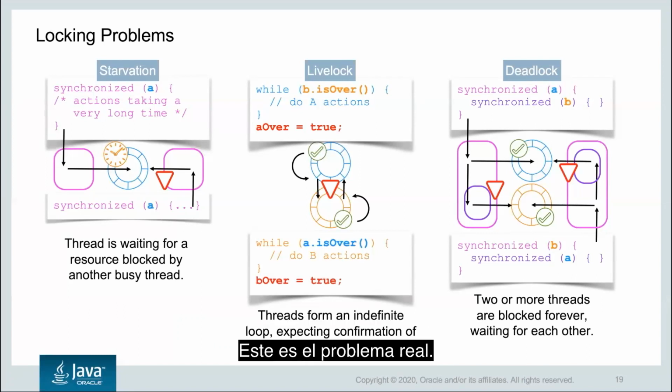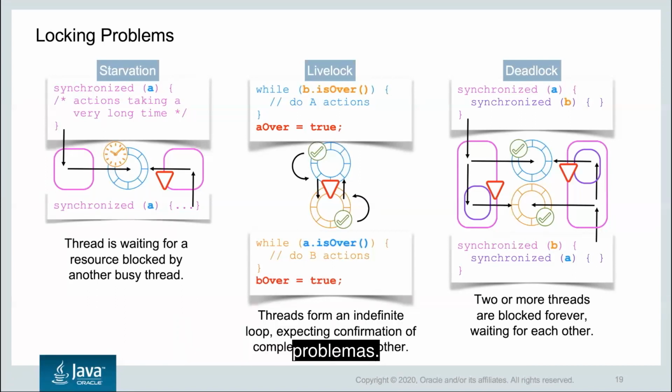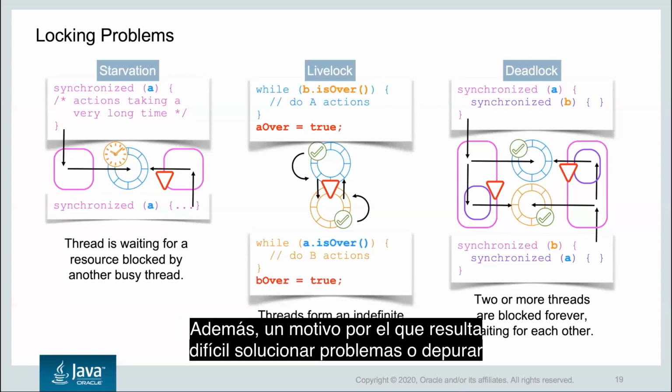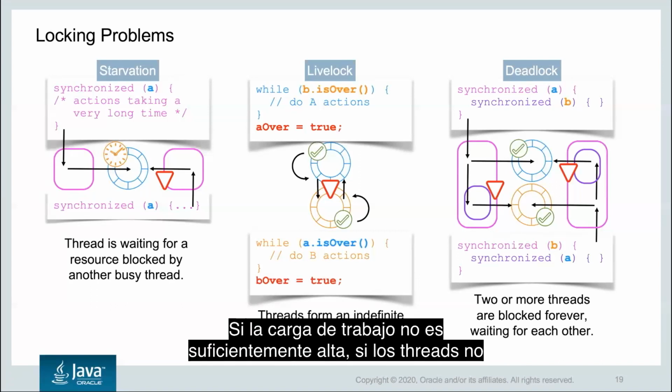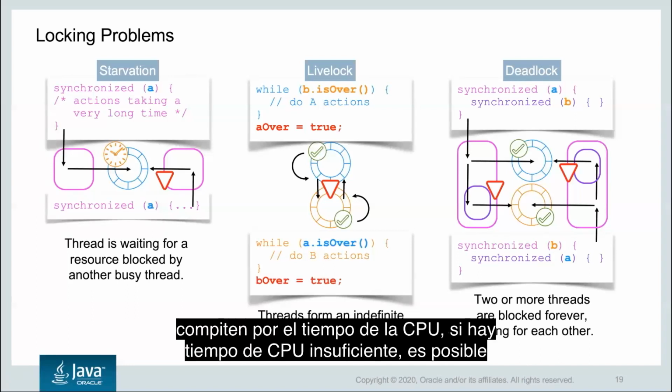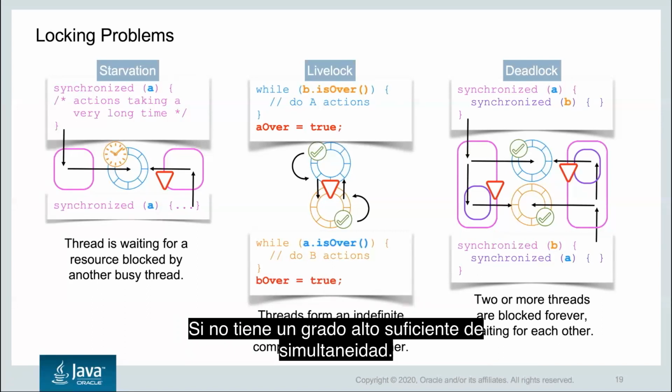Here's the real problem. You will have a really difficult time troubleshooting and debugging any of these problems. That's near to impossible. And the reason why it's so difficult to troubleshoot or debug is that none of these problems may happen in a test environment. If your workload is not high enough, if your threads are not competing for CPU time, if there's plenty of CPU time,